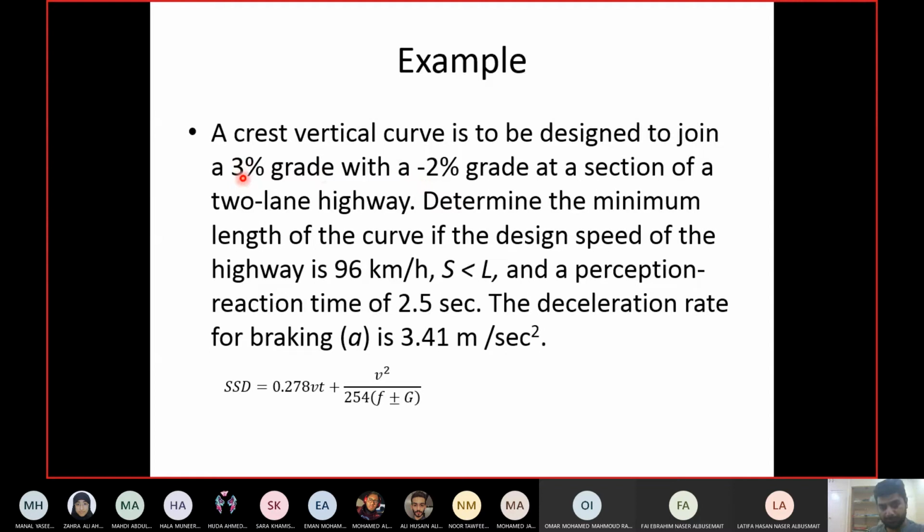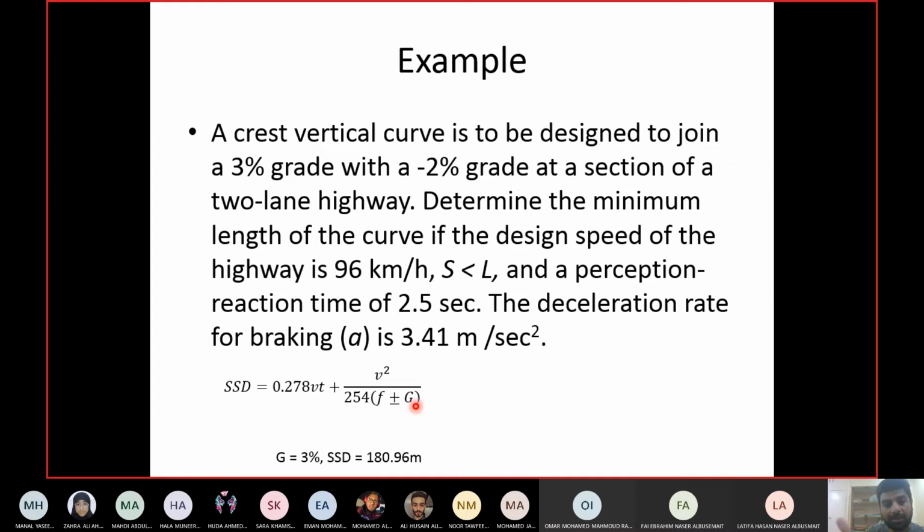So first of all, we have expanded the choice from +3 and -2 to 4 values now: +3, -3, +2, -2. Then obviously from these values you will pick the highest negative value, again, to get the maximum SSD. So if you put -2 here and then compare it with -3, -3 will give you a higher value of SSD. So I should have written -3 here, sorry for that. G will be put here as -3.